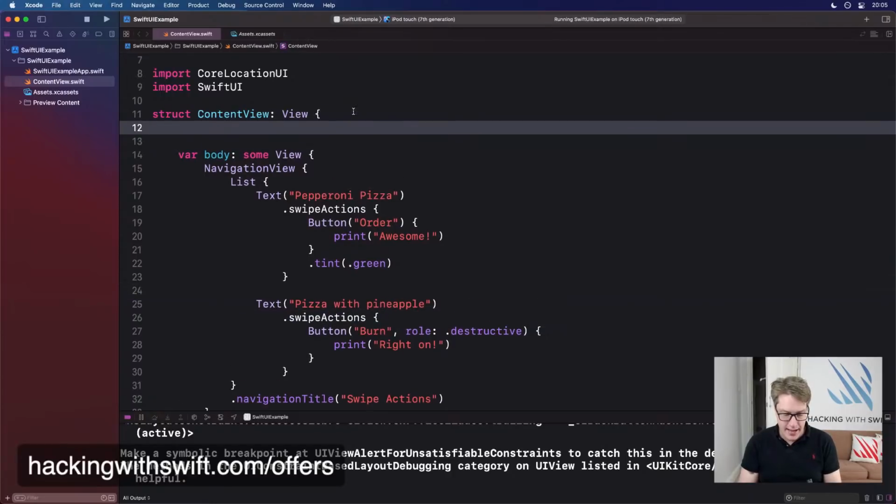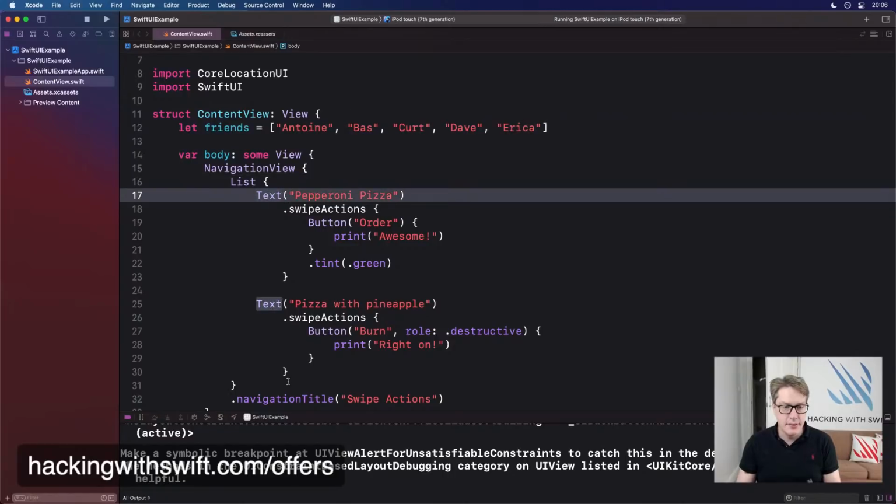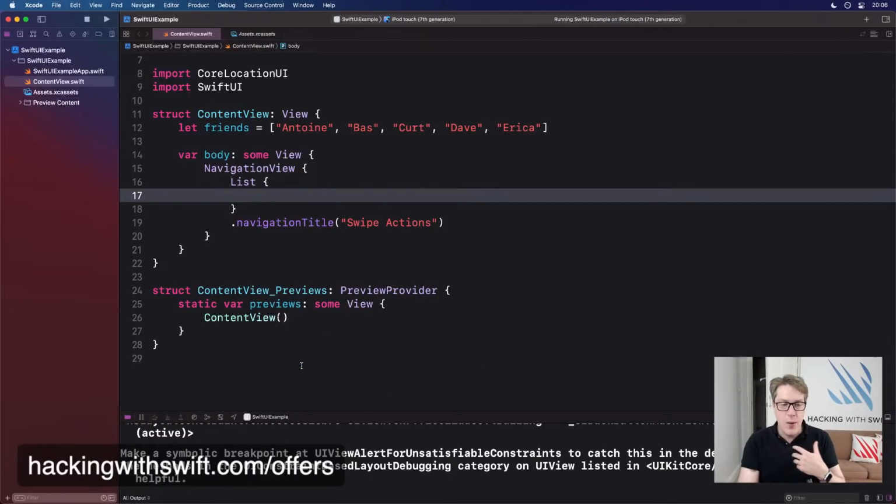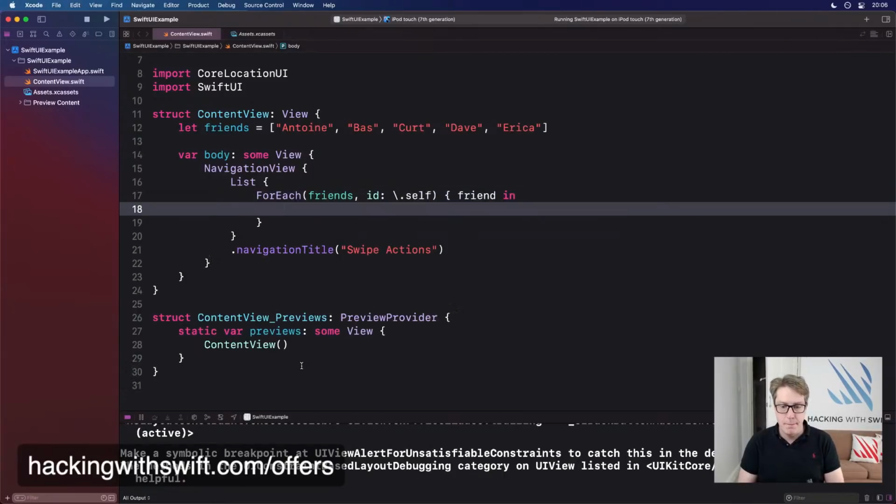We'll say that I have an array of friends, and I'll say there is Antoine, there's Baz, there's Kurt, there's Dave, and there's Erica. And in our list down here, we're going to go ahead and loop over all these friends, and we'll say there's a ForEach friends using ID of \self with a friend coming in.